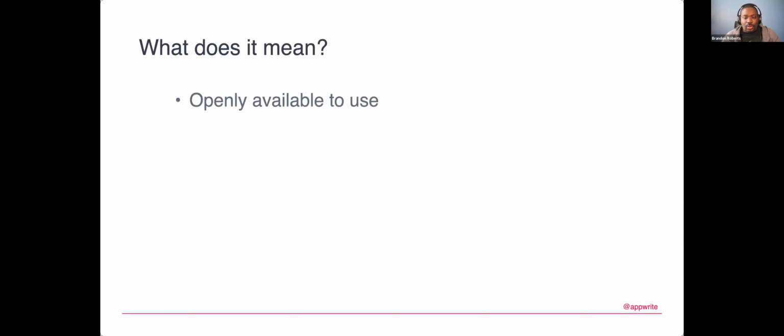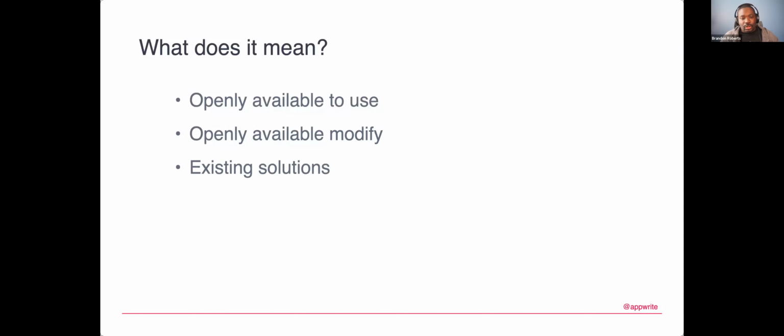So of course, open source is all about having a solution that's open. The code is openly available to use. It's openly available to modify. You can customize it to your needs, customize it to your particular solution. And there's also no shortage of existing solutions or implementations that you can take advantage of that other people have built or built on top of these open source projects. You get some flexibility. They can be self-hosted or managed, and we'll get into that a little more.